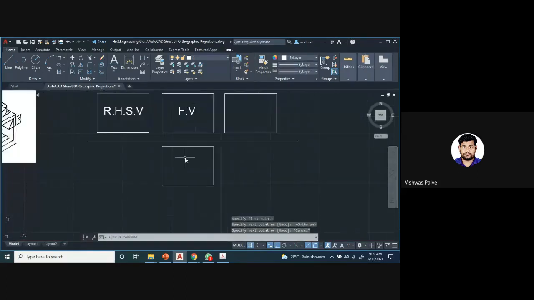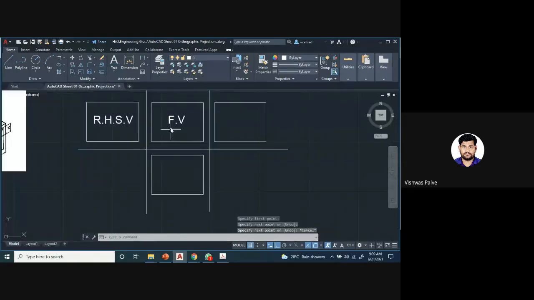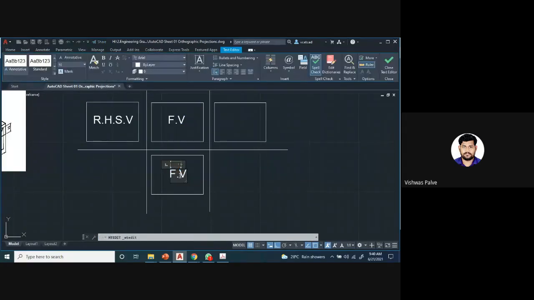So above the xy line it will be the front view, then below the xy line there will be a top view, then we have to draw two different lines which will refer. So this is my front view, copy paste. This will be my top view. Here we are going to draw my top view.